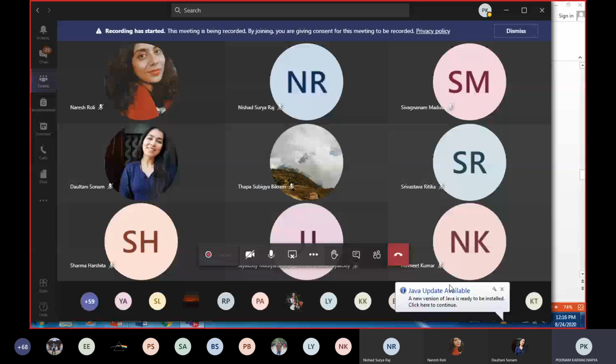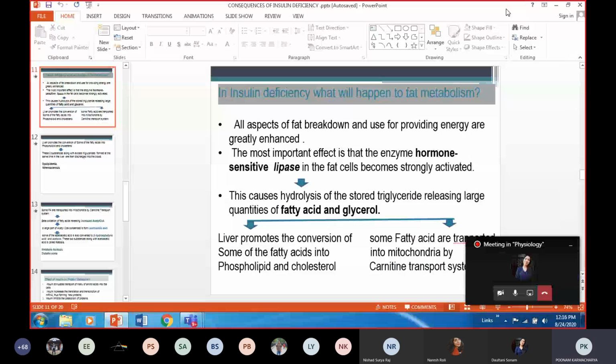Okay, so we had talked about what will happen if there is insulin deficiency, right? The use of fat as energy is greatly enhanced, because we saw that insulin was a fat sparer, right? But in case of insulin deficiency, there will be the start of fat breakdown, and more importantly, there will be activation of hormone sensitive lipase, and this hormone sensitive lipase is responsible for breaking down the stored